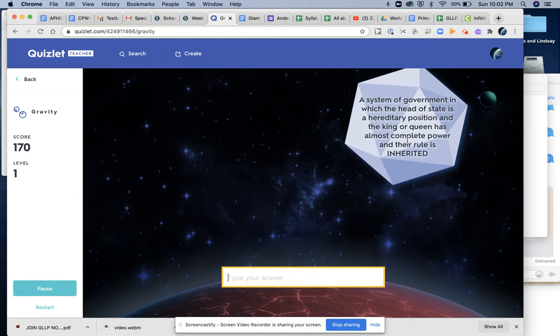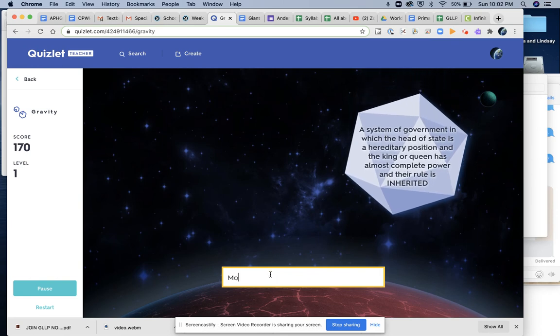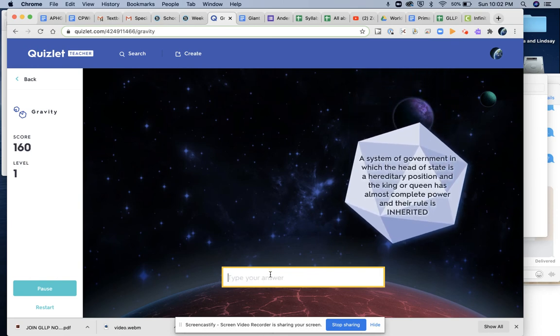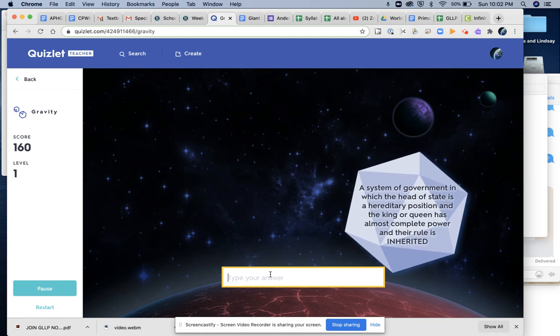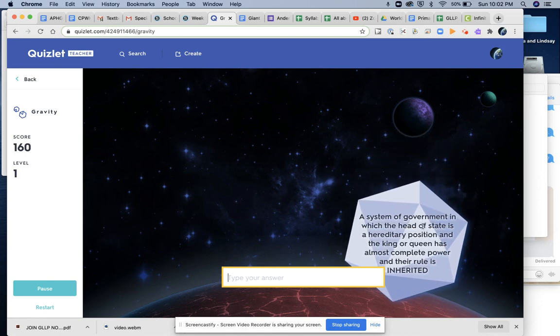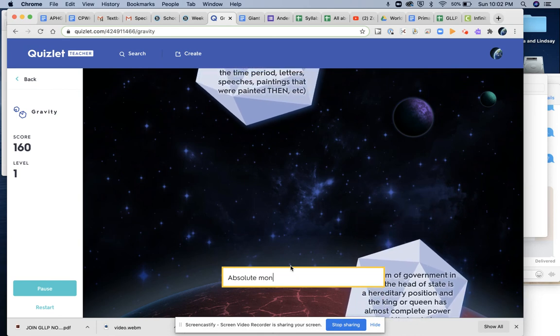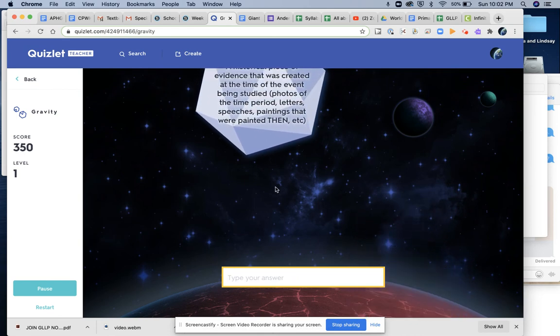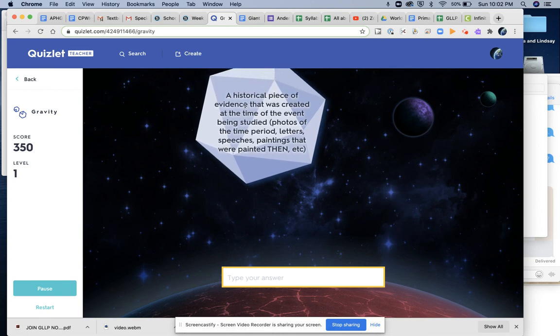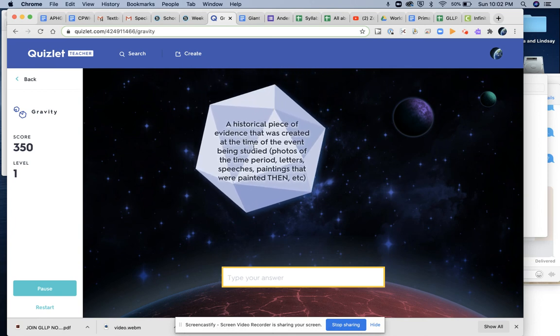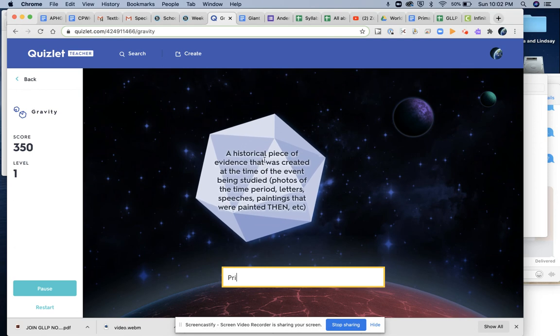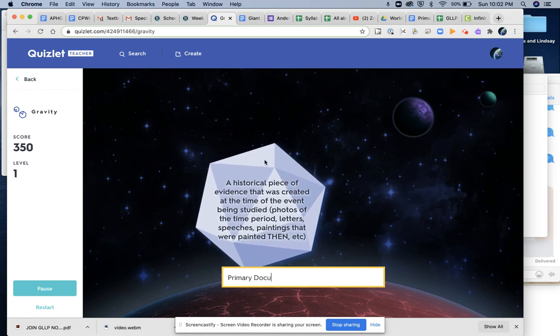System of government where the head of state is hereditary. Monarchy. Oops. Right. Oh, it's absolute. They wanted absolute monarchy. I don't know if I got that one or not. Historical piece of evidence that was created at the time of events. Primary document.